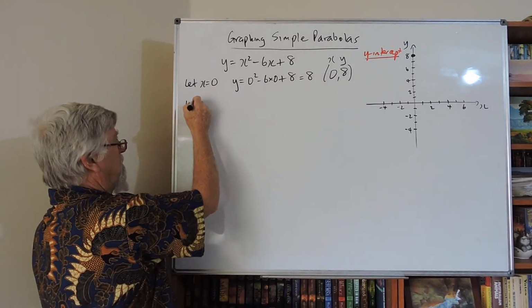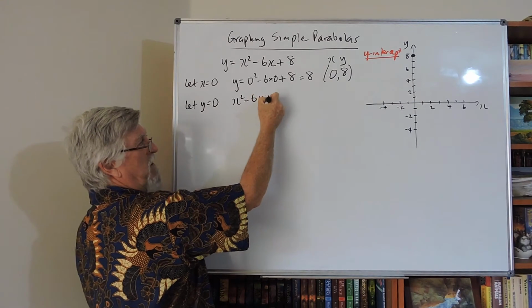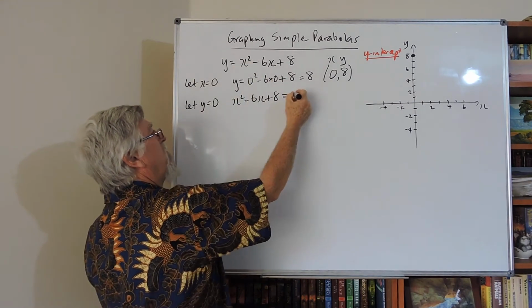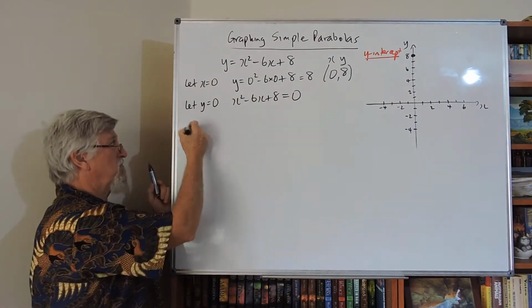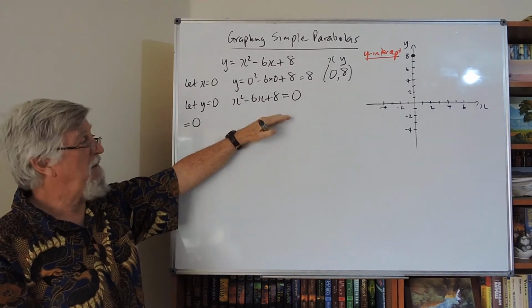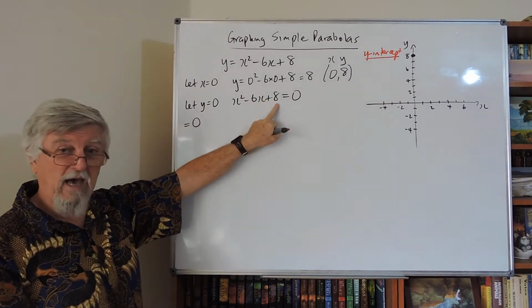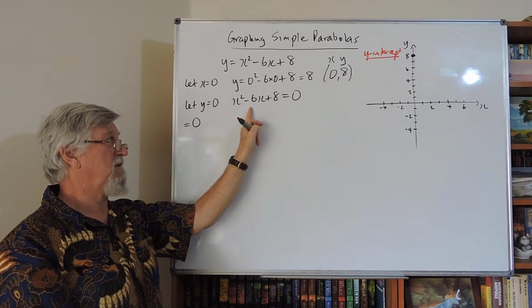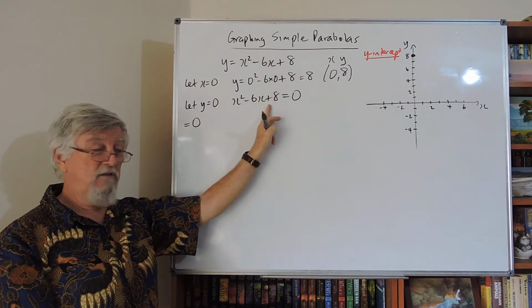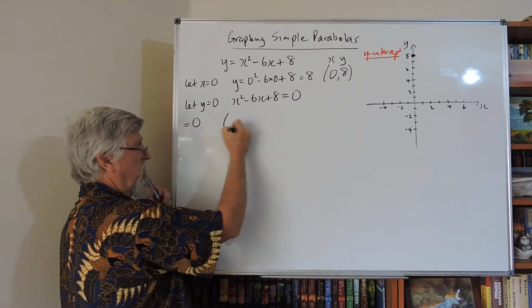Then if I let y equal 0, I've got x squared minus 6x plus 8 equal 0. I prefer to write equal 0 at the back. It's a good habit to get into, writing equal 0. Keeps you in a habit of the same things over and over again. I want two numbers that multiply to 8, add up to 6. They have to be the same sign. Obviously they'll both be negative. So if I put my two brackets in,